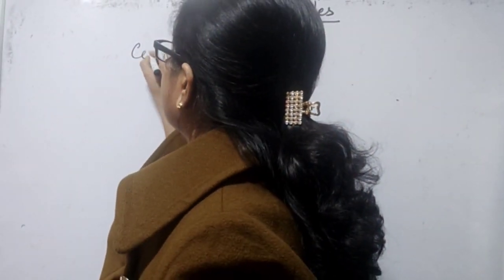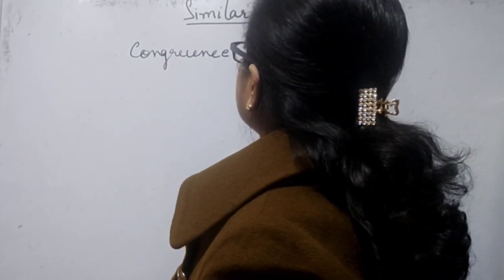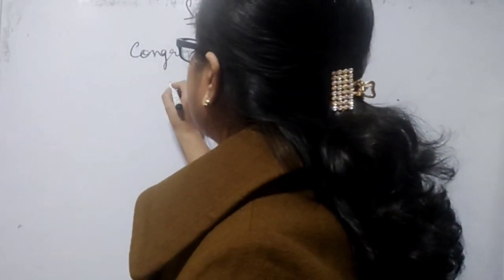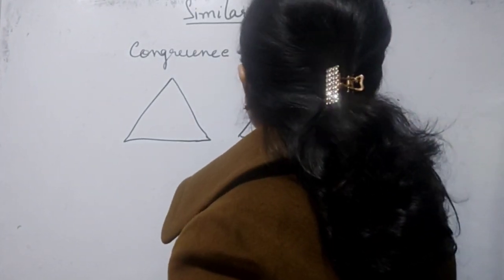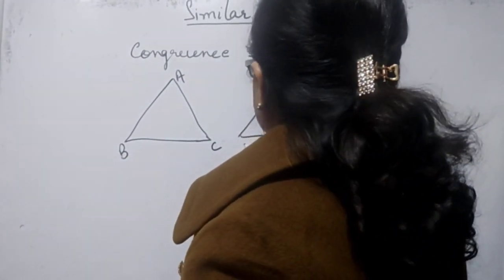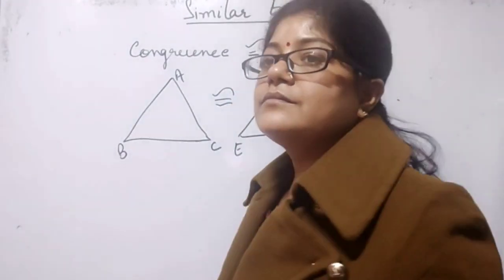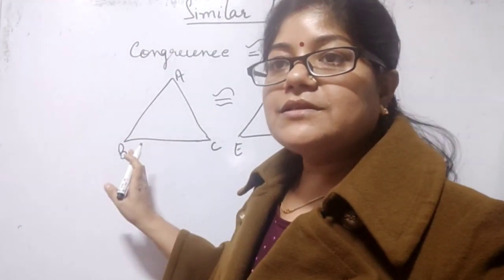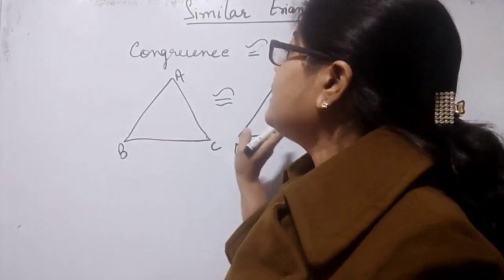सिमिलर ट्रायंगल नाम का चैप्टर होता है। तो हम लोग इससे पहले ट्रायंगल्स का चैप्टर पढ़ते थे, वहाँ पर हम लोग कॉन्ग्रुएंसी के बारे में पढ़ते थे। क्या पढ़ते थे? कॉन्ग्रुएंसी। और इसको ऐसे करके डिनोट किया जाता है कि अगर मान लीजिए आपके पास दो ट्रायंगल हैं, ये दो ट्रायंगल हैं, if we have two triangles ABC and DEF, and if I say that these are congruent, that means there are three things which are present in this triangle and there are also three things which are present in this triangle and both are equal, then they are congruent triangles.